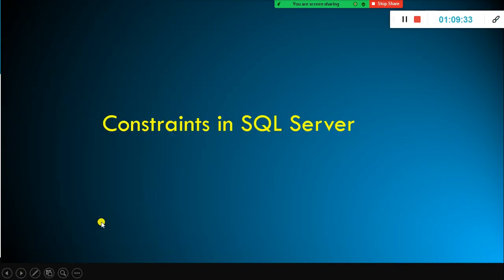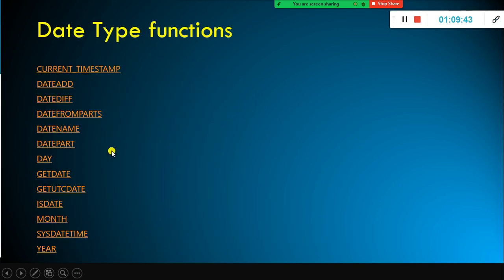So those are date type functions. Next, we'll take a look at the constraints. What are the constraints that are available? See, a lot of functions are available. I would suggest you just try the other functions. IsDate, whether it's a given column. Let's say you have a date column, ship date, order date, something like that. In that case, use the isDate function to validate it.